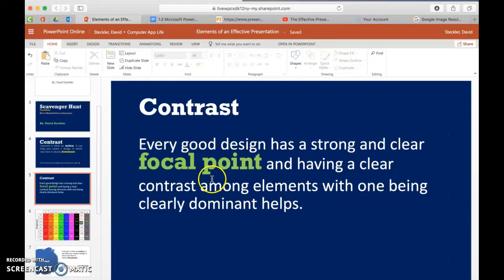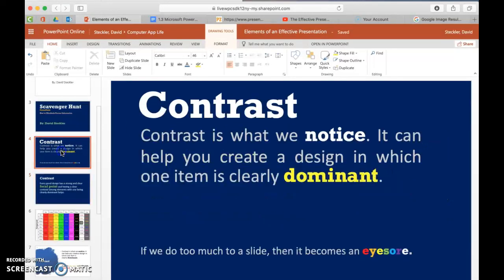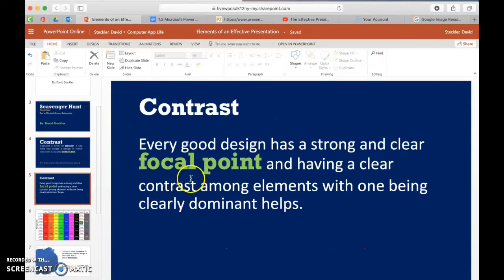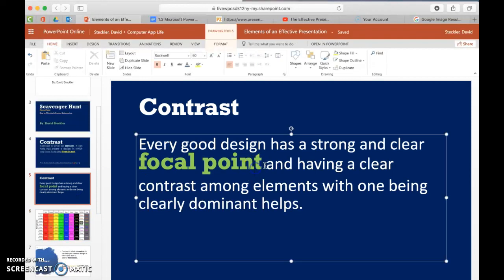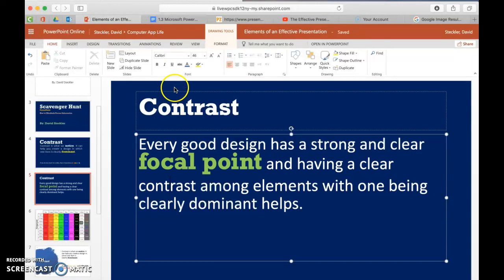So this is not to say that this is how you have to make your slide, but these are just some tips that you can use, and I'm walking you through my process of creating a slide to show contrast. This is a model over here of what the slide could look like, and I'm not going to force you guys to copy it, but I do want to give you the creative freedom to use the idea of contrast, which is with colors and also with the size, use of different fonts, and using bold to make it larger. You could even perhaps underline something, but I just like to use one element of contrast